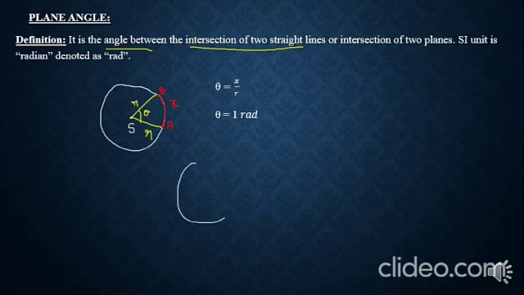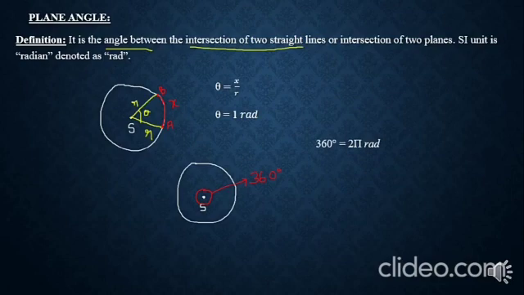Now again consider a sphere of radius r. This is my center. Again I take it as S. Now around this center I'm going to draw another circle. So what will be the angle of this circle? It is going to be 360 degrees. We know that 180 degree is going to give us half circle or hemisphere. So full circle means it is 360 degrees. So 360 degree is equal to 2 pi radian is the relation between degree and radian.